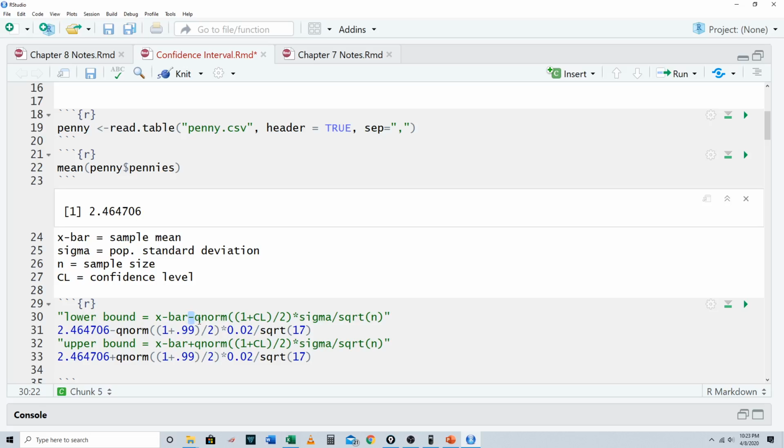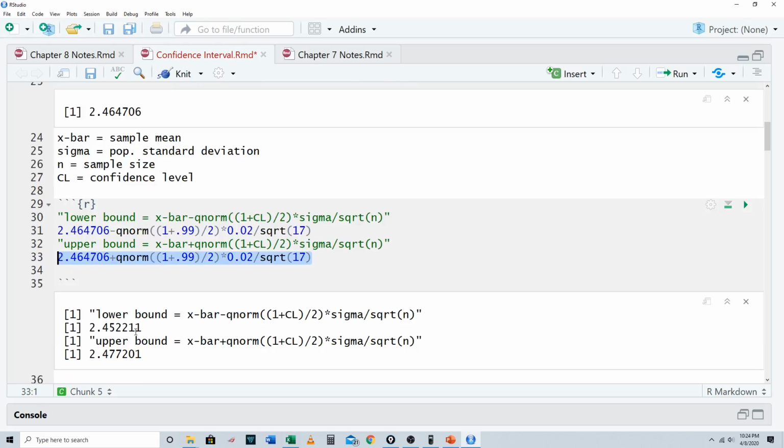So X bar minus qnorm. This right here is going to find that Z alpha over 2 for us. So, qnorm of parentheses, 2 parentheses, 1 plus CL divided by 2, close parentheses. So that's going to find that Z alpha over 2 for us. And then sigma divided by the square root of n. So we're going to use this as the mean. Okay, we had a 99% confidence level, so 0.99. Our standard deviation was 0.02, and we had a sample size of 17. We had 17 numbers. So plug all that in,